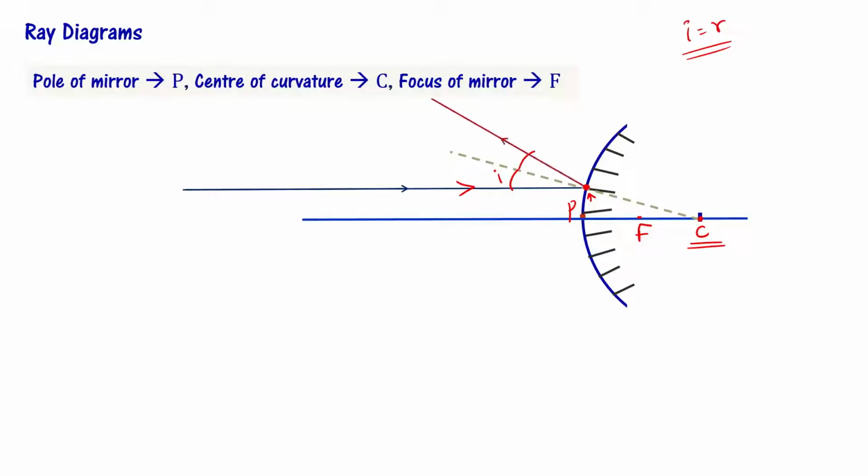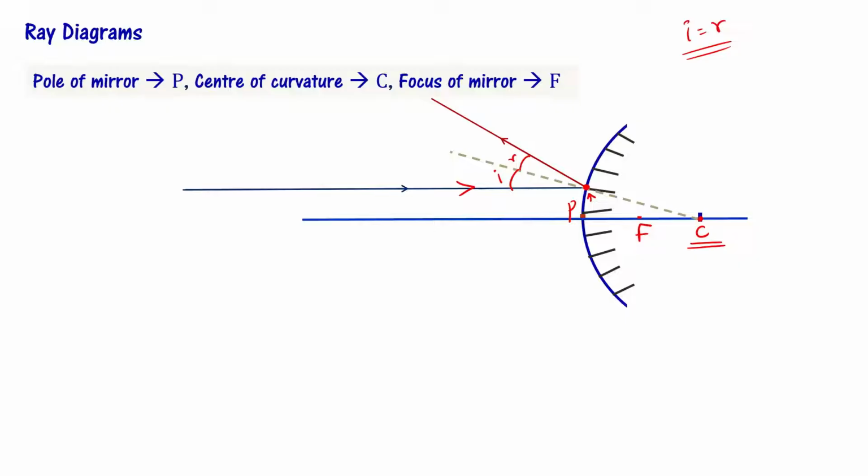I am going to draw the reflected ray, right? If you observe, the reflected ray is diverging, right? It is moving away from the mirror. It is not going to converge. Okay? If you have multiple rays of this kind, they are not going to converge. Please note this. They diverge. They move away from each other.